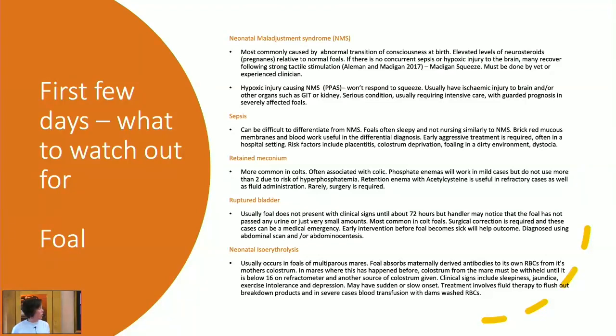Nearly always they need a surgical intervention, and I suppose it's just something to be aware of, because if they get very sick, particularly if they present quite late on and have a lot of urine and a lot of electrolyte disturbance, they can be very difficult anesthetics because of the abnormal electrolytes. So the earlier you pick it up and the earlier they go in for surgery, the better the outcome for the foal. And then the last of my little list of horrible things to be watching out for is neonatal